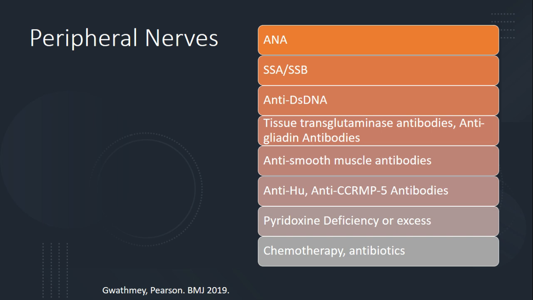Chemotherapy is another big reason. Almost 30% of the patients who receive chemotherapy tend to have very painful neuropathy, which is hard to manage and refractory to many medications as well. Antibiotics sometimes, especially metronidazole and fluoroquinolones, and I have seen some patients in the past who presented with sensory predominant polyneuropathy.